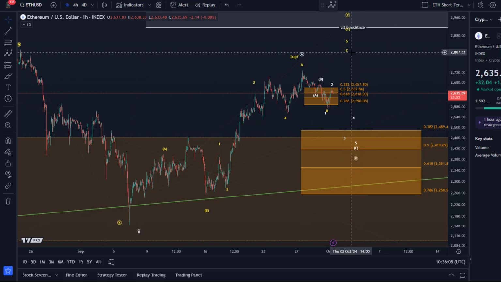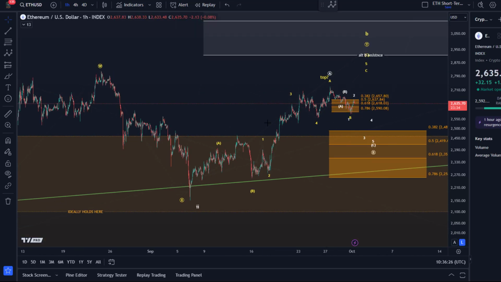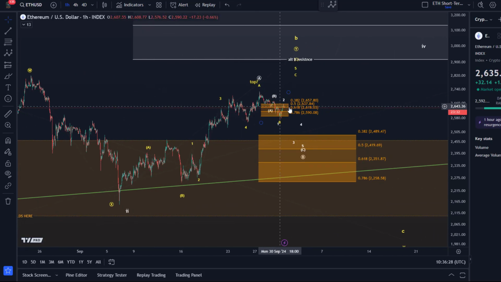But the reward to risk ratio is obviously not that great anymore because we're not down here anymore, and the distance to the target down here was quite significant. Now we're talking about maybe one more high before a larger correction starts. That's always very important to understand, to have that perspective, that context, that of course most of the move is now done, right? Maybe we get one more high, maybe.